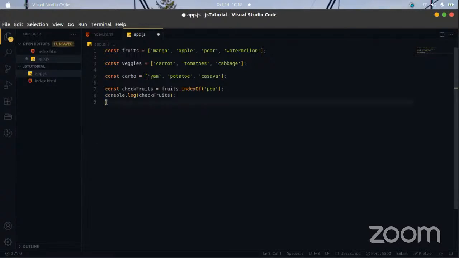Okay, so there is also another one, which is kind of like lastIndexOf. Now the way lastIndexOf works is a bit different. I'm trying to think of a very good way of explaining lastIndexOf.